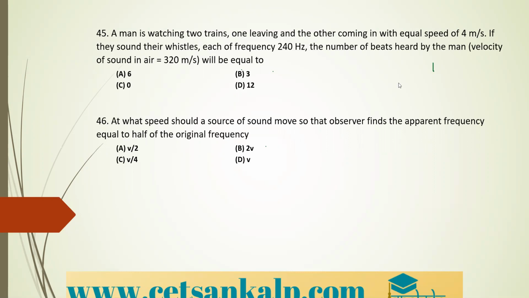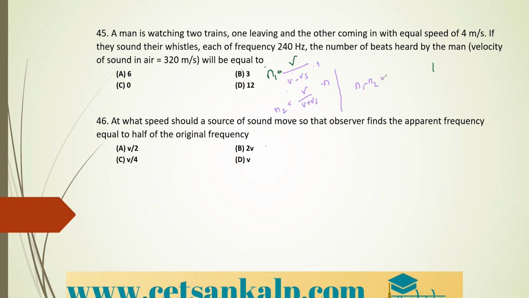So how can we calculate? First, we need to calculate the apparent frequencies. For the train which is coming, the formula is N1 is equal to V divided by (V minus Vs) into N. For the train which is going, N2 is equal to V divided by (V plus Vs) into N. Therefore, the number of beats is given by